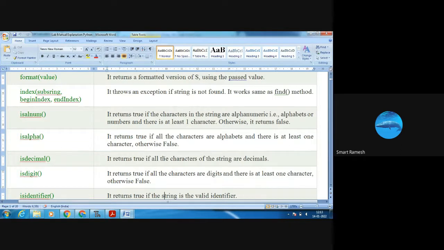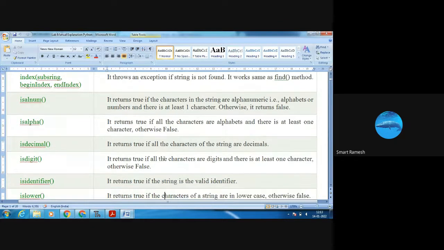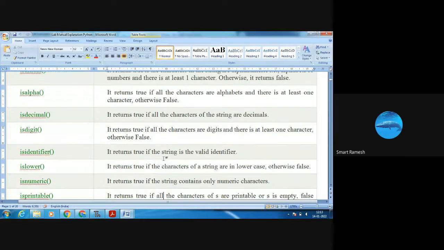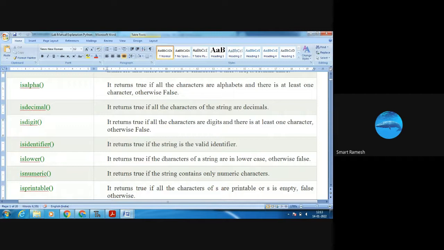Isidentifier. It returns true if the string is a valid identifier. Next is islower. It checks whether all the characters of the given string are lowercase or not. Isnumeric. It is going to check whether the characters are numeric or not. Isprintable.